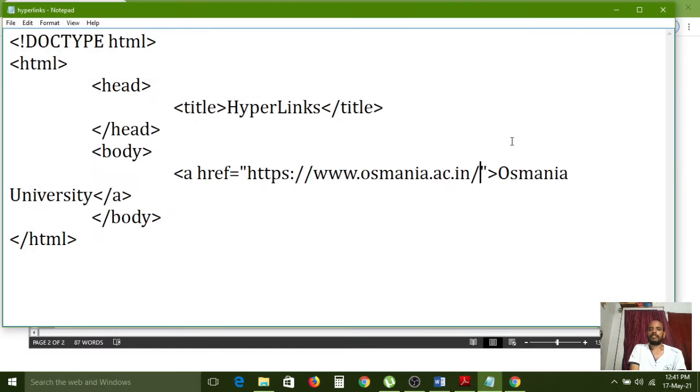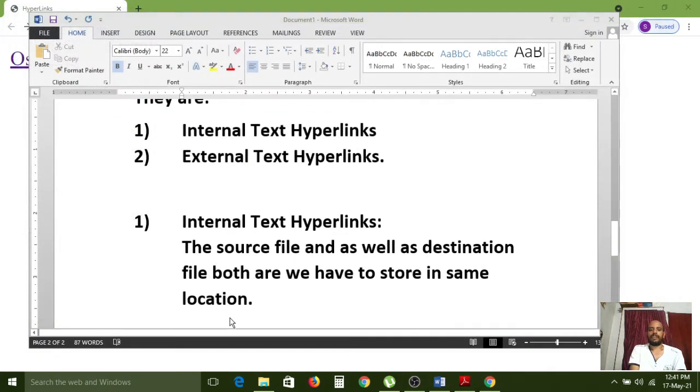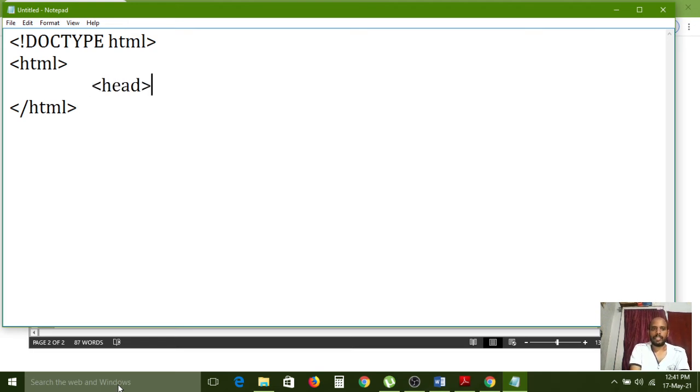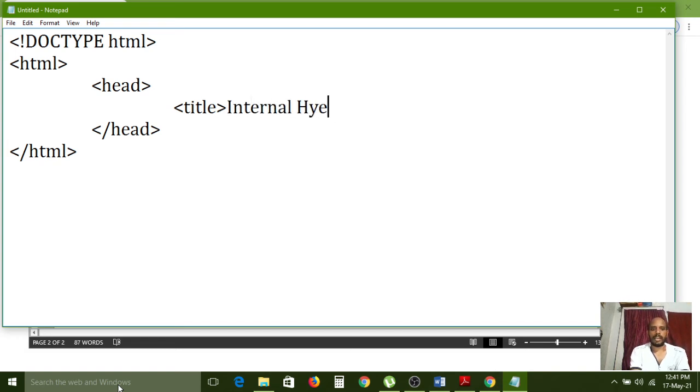For that I am opening one notepad window, and the root element is doctype HTML, and root element HTML opening and closing, and head opening and closing, title: internal hyperlinks.